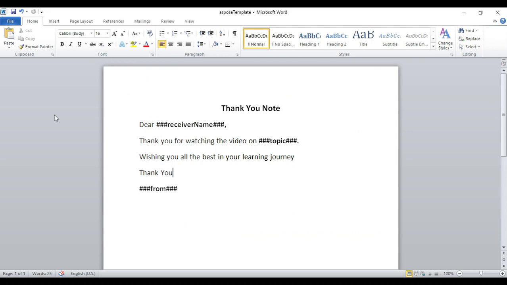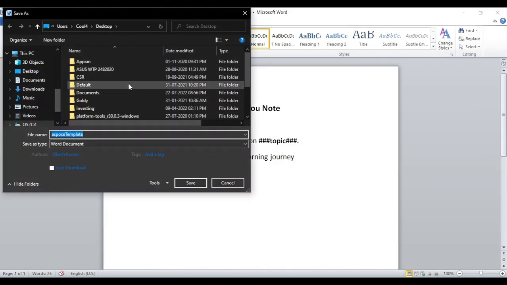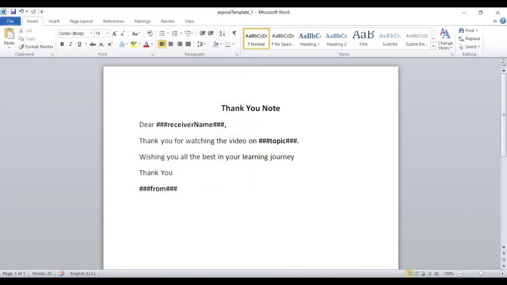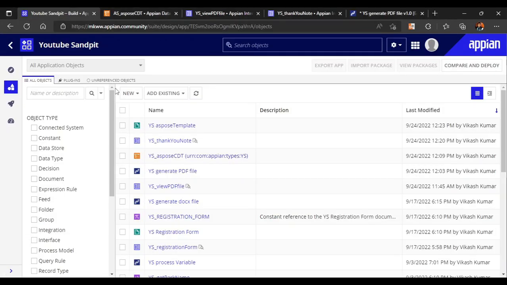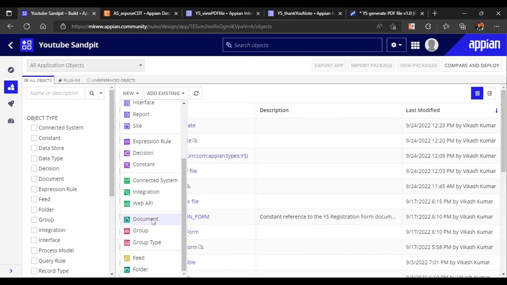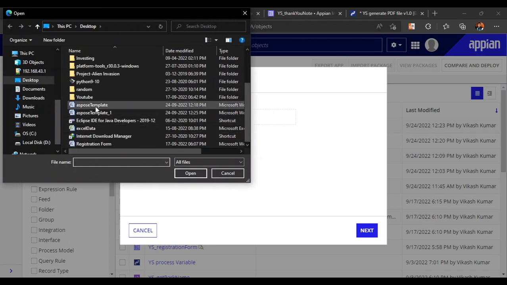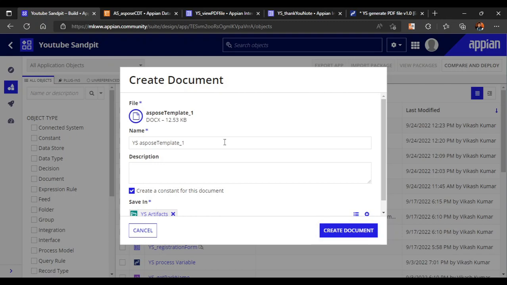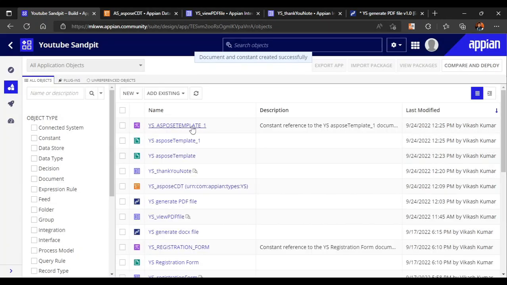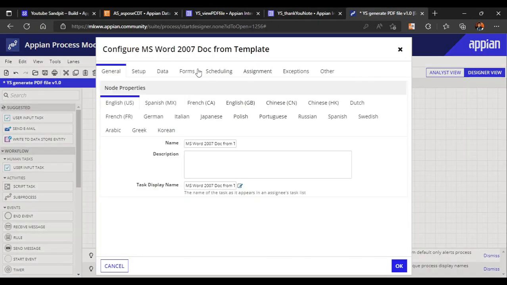So it will be much better if I save it as a new document, only on the desktop, CDT1. Let me save it as a new file, and then we'll see once again. Okay, so let me just click on the document, and Asposs template 1. Okay, just click on create document,